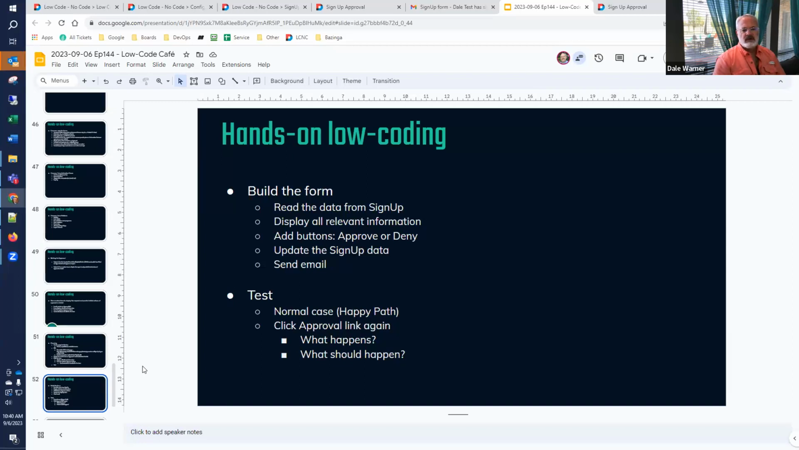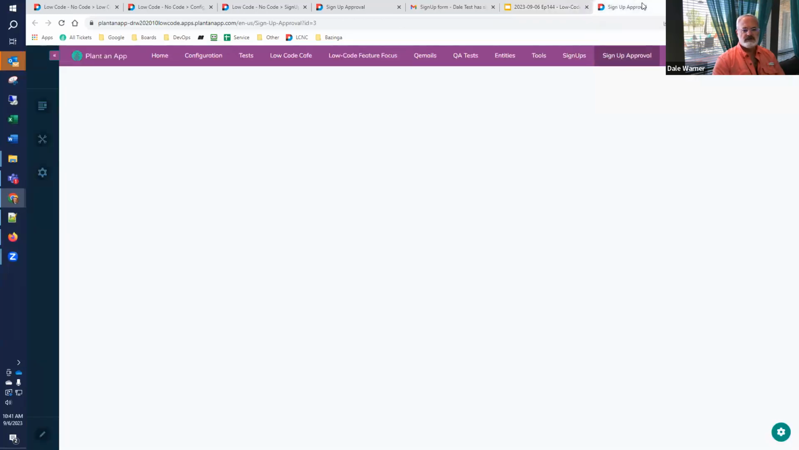So we need to read the sign-up data and make sure that that's a good record. We've got to display some information. We'll add the buttons to approve or deny, and then do the work, actually update the data. So we're building a custom form from scratch that's going to do all these things. Let's see what it looks like. First of all, on our approval page we've already created, we're going to put the page in edit mode,